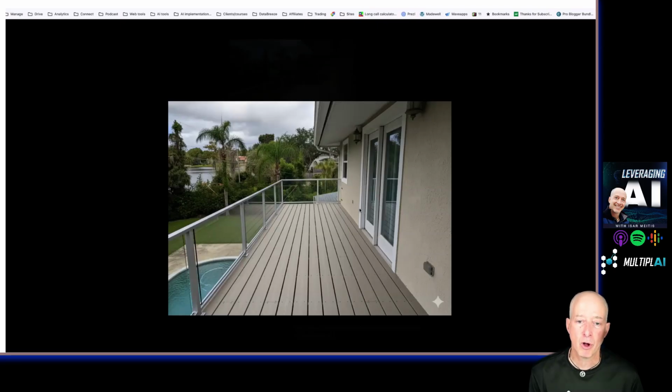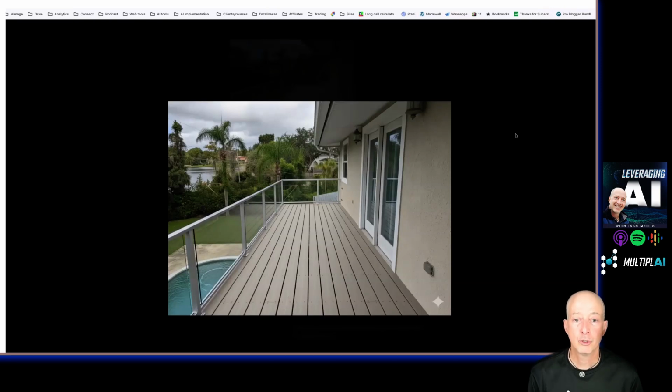It saw that in the middle of the wall, at a specific distance, there is an outdoor power plug with a cover on it. It added another one on the opposite side of the other door. Also, because of the new angle, and this is absolutely incredible, it created glass panels in the railing, and it created reflections on the glass of how the rest of the porch looks like. This is really, really next level because you can see the yard through the reflection. This looks completely realistic, and yet it made a lot of that up,